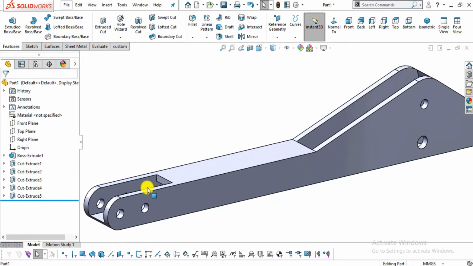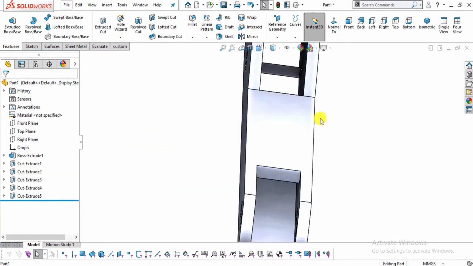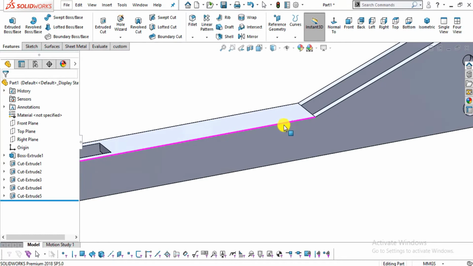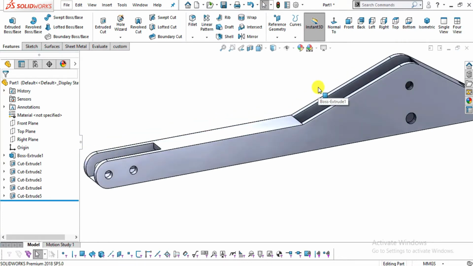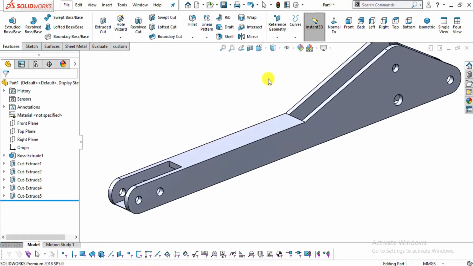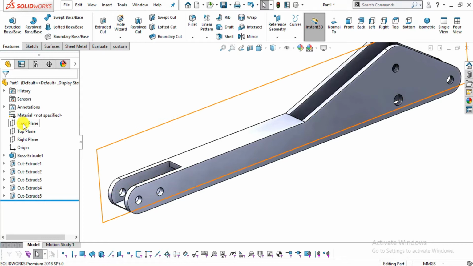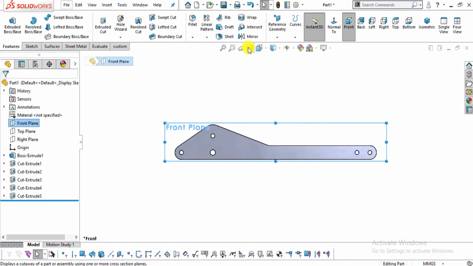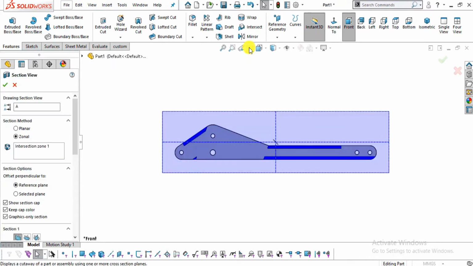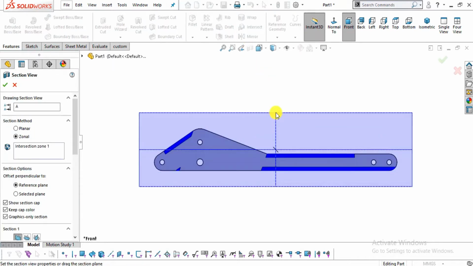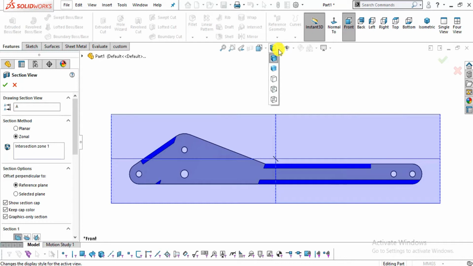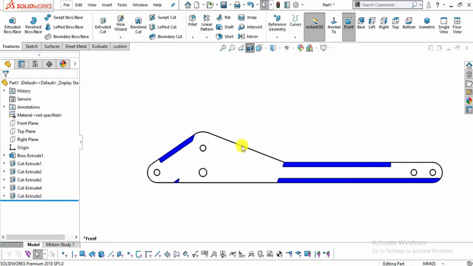You can see we have created this cutout, but now one thing we have to remember is that this is not the final product, because let me show you from this front view. Now click here normal to and select here section view. Now you select here wireframe, click here OK. Now you can see,